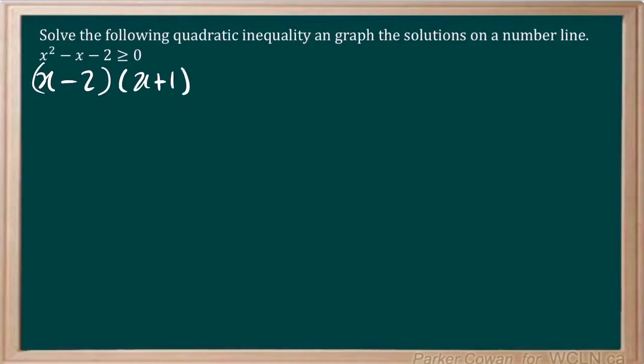Okay, so if we want to find what this is going to be, this is going to be x equals 2 and x equals -1, right? Just moving to the other side, so add 2 and subtract 1. We get +2, -1. So we know what our roots are on this graph here. If we were to plot these on a graph, this is our x-axis. Like I say, we've got roots at 2 and -1, which means this parabola intersects the graph at these two